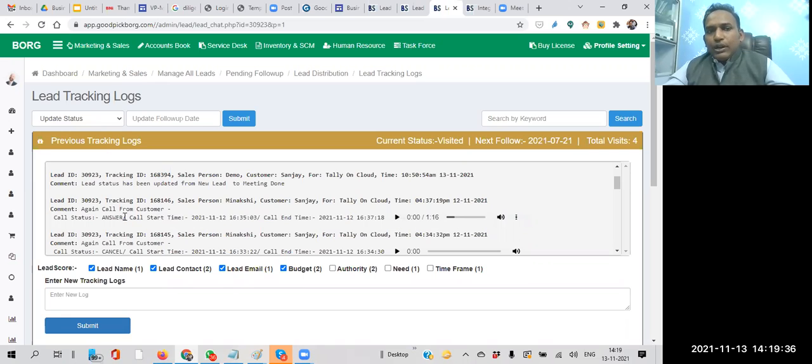And here you can also get the call status. Call status means answered. It means this call has been answered by this executive. Which executive? For example, in this case, Meenakshi. Meenakshi is a sales executive, and she has answered that customer or prospect call.